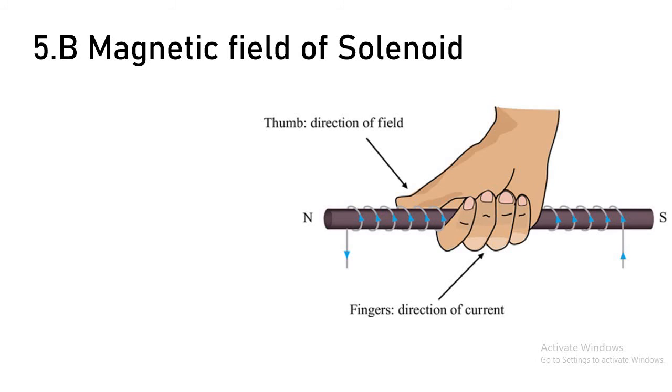Front fingers, the front side of the fingers or the nails of the fingers should be visible to you, in such a way you have to point the thumb. So you will point your thumb towards the N pole and you will curve your fingers in such a fashion that you will see all fingers and their nails also.